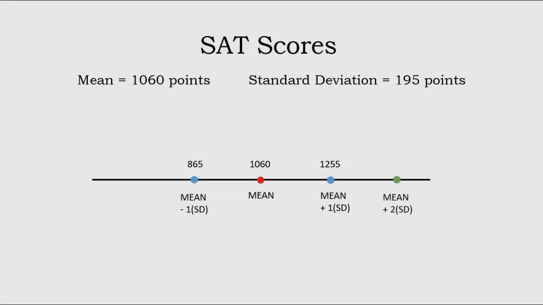2 standard deviations above the mean brings us to a score of 1450. 2 standard deviations below the mean brings us to a score of 670. Note that just like in our previous example, by the time we've reached 2 standard deviations away from the mean in either direction, we're getting to quite unusual data. If your score on the SAT is more than 2 standard deviations above the mean, you're going to be admitted to every 4-year college in the state of Washington. On the other hand, if your SAT score is more than 2 standard deviations below the mean, let's change the